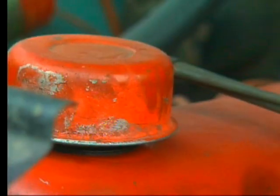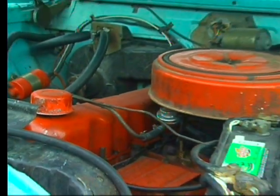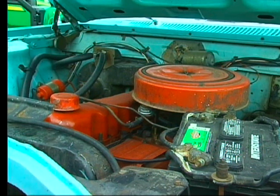I'm not sure if it's rolled over a second time. It runs pretty good still? Yeah, after all these years? Yeah. And it's all original, right? You haven't replaced anything? Pretty much. It's the original motor,